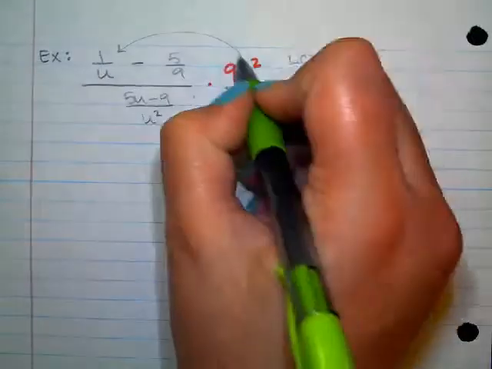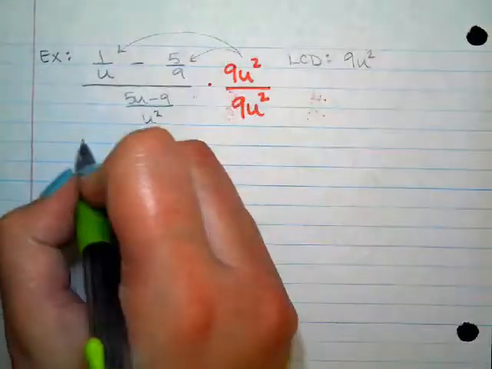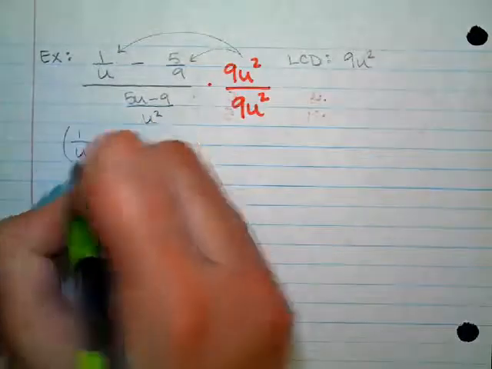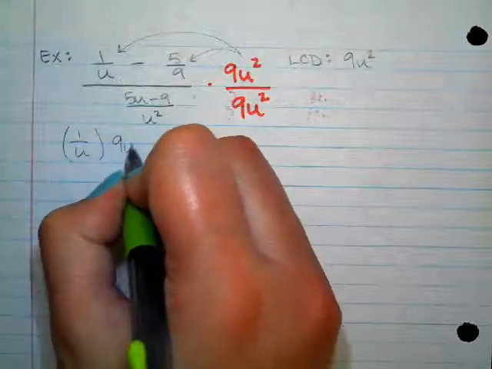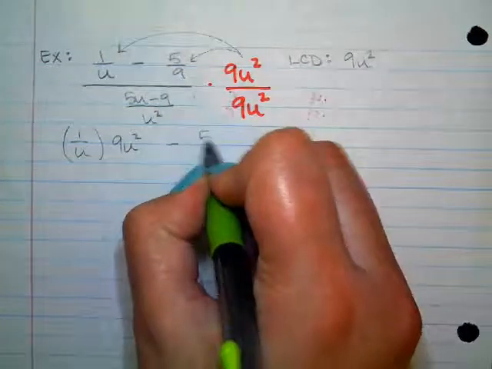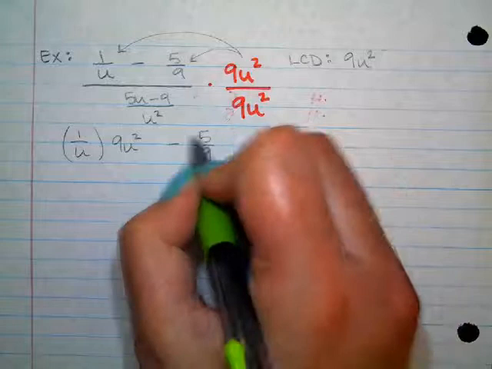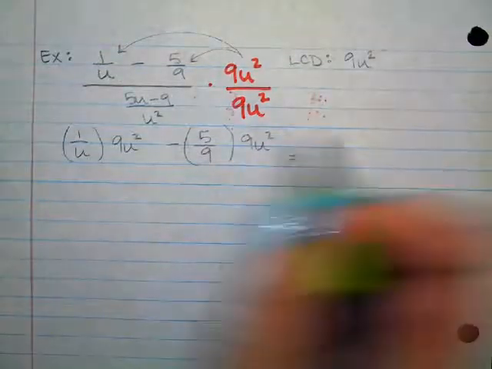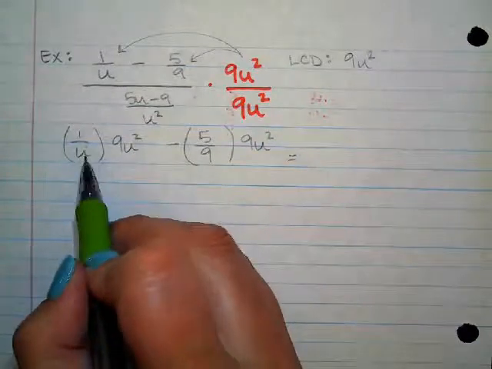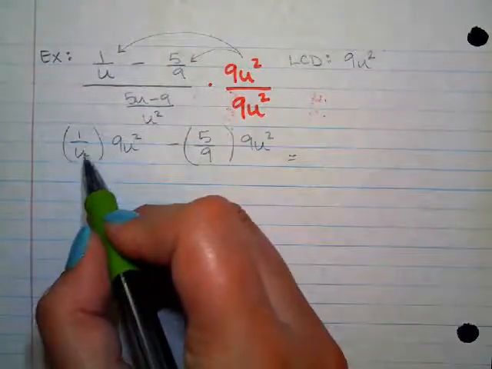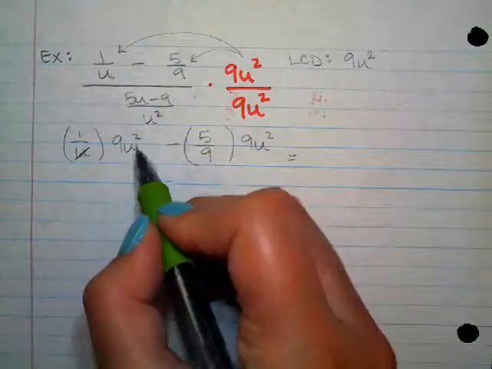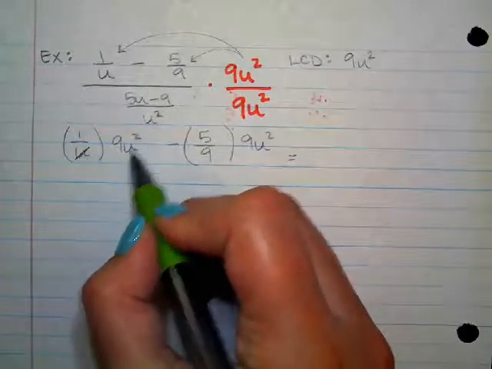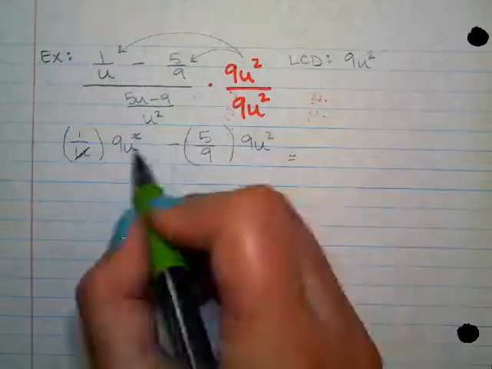All right, so on the top, I have 1 over u times 9u squared minus 5 over 9 times 9u squared. So if I have 1 over u times 9u squared, the divide by u is going to cancel out with times u squared. It's going to cancel out with one of these. So for the first term, I just get 9u